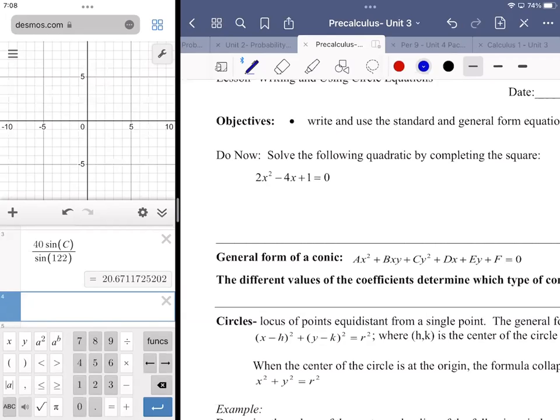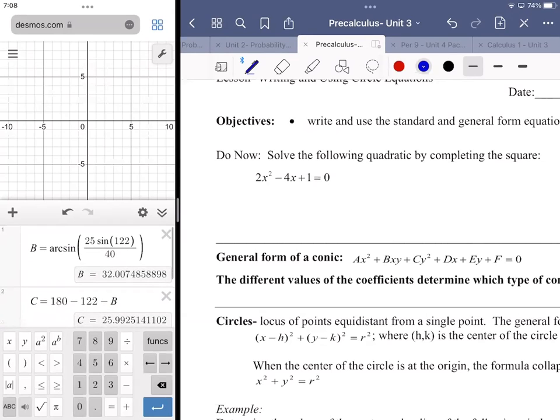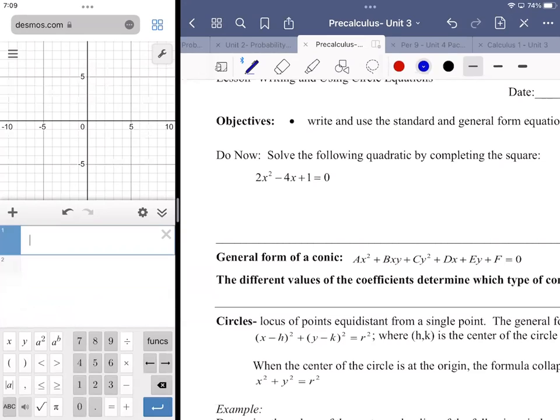Solve the following quadratic by completing the square. Now, if I were to solve this quadratic, it's like, quadratic. What does this have to do with trig? It's so crazy how this material works. It's like I